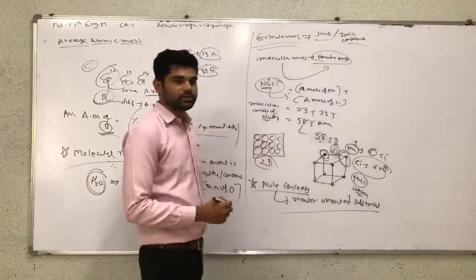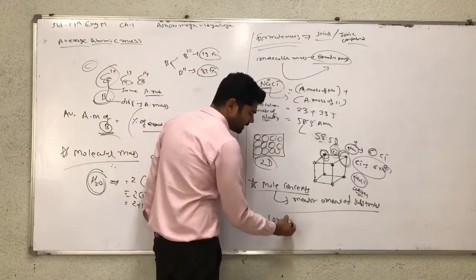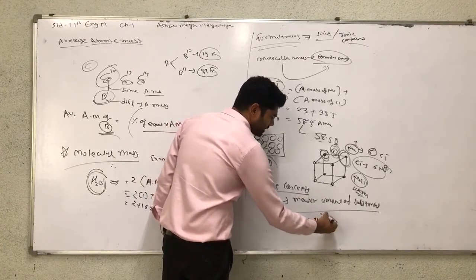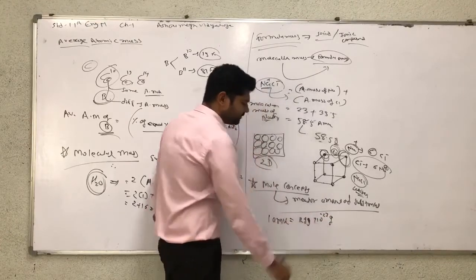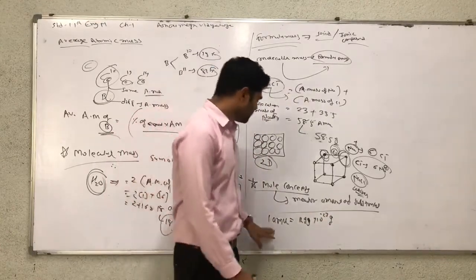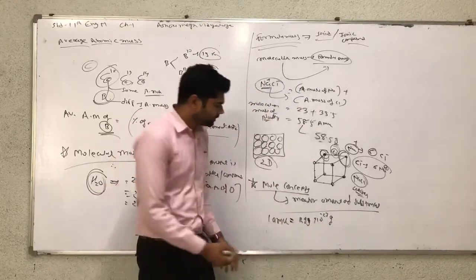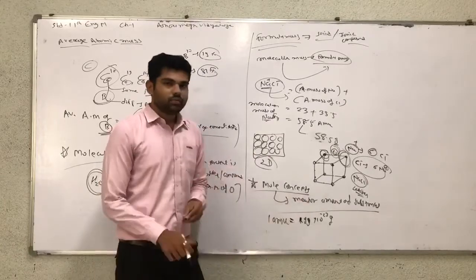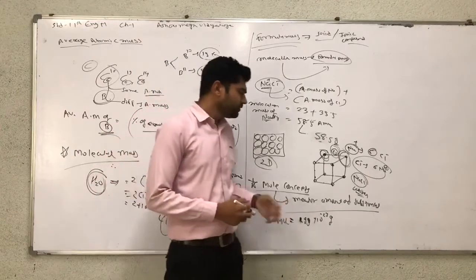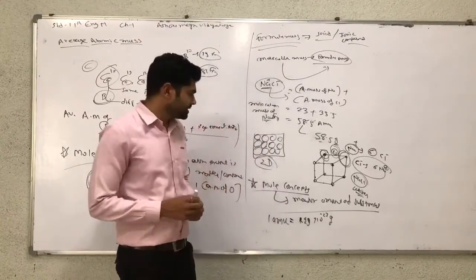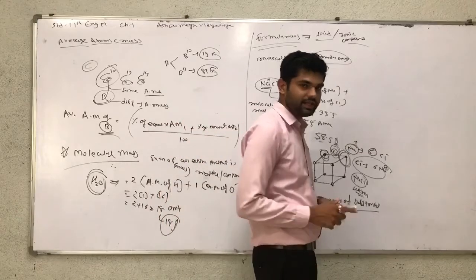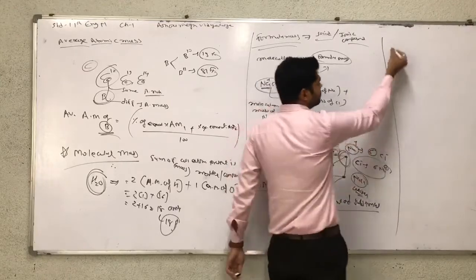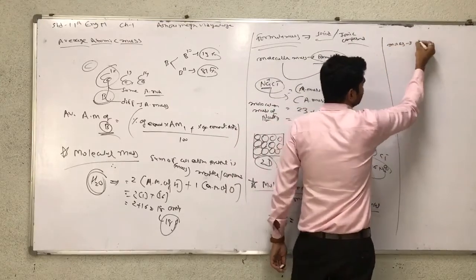We have to remember that 1 AMU is equal to 1.99 into 10 raised to minus 23 grams. We found this value in the previous lecture. So understand the mole concept easily, how much is the value of 1 mole. This mole concept is derived as a measure of the amount of substance, and then after invention and experiments, scientists defined the mole in terms of carbon 12.